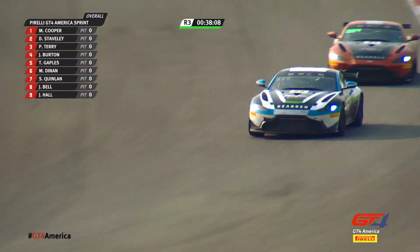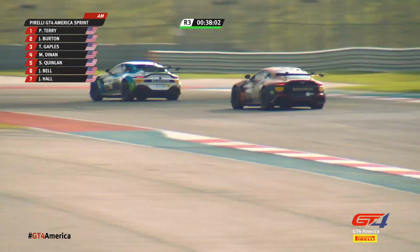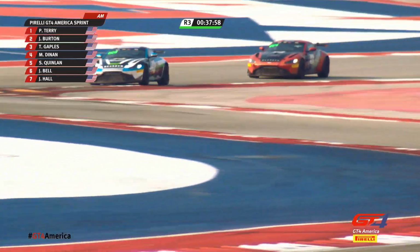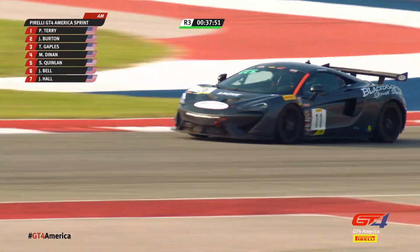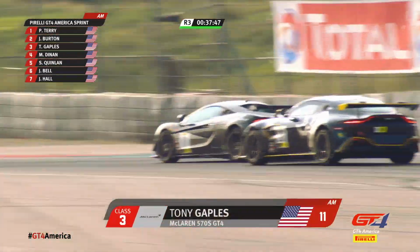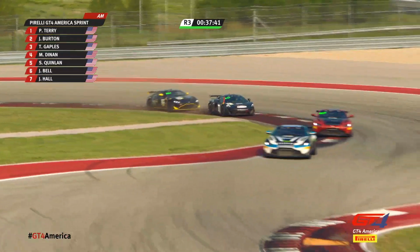He can see in his rearview mirror that Michael Dinan has made some moves. He's up to 4th. He's now starting to run very fast lap times as well, so he's closed in on this trio. First man up is Tony Gaples. He's got to try and clear, get onto the podium initially, and then chase down Paul Terry and Jeff Burton. And obviously Burton not in with a chance at the championship, but second in the points would be good, but he's certainly not going to close the door and affect Terry's, even though it's remote, but still technically a chance